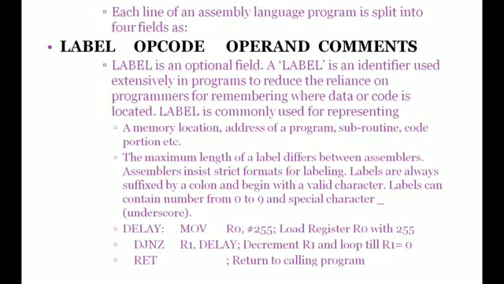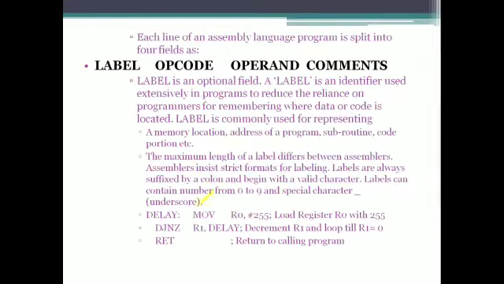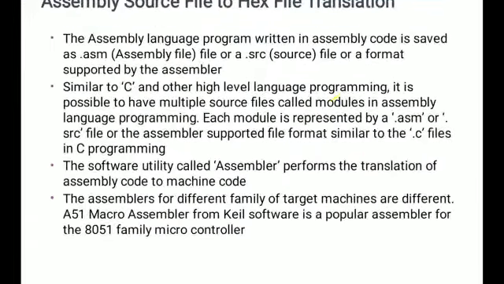For example, delay is a label here. MOV R0, #255 is the instruction. Okay, MOV is the opcode, and R0 and #255 are the operands. So what does it mean? We have written a comment, load register R0 with 255. DJNZ R1, delay: decrement R1, DJNZ means decrement, jump on non-zero, decrement R1 and loop till R1 becomes 0. RET: return to the calling program. Okay, now assembly source file to hex file